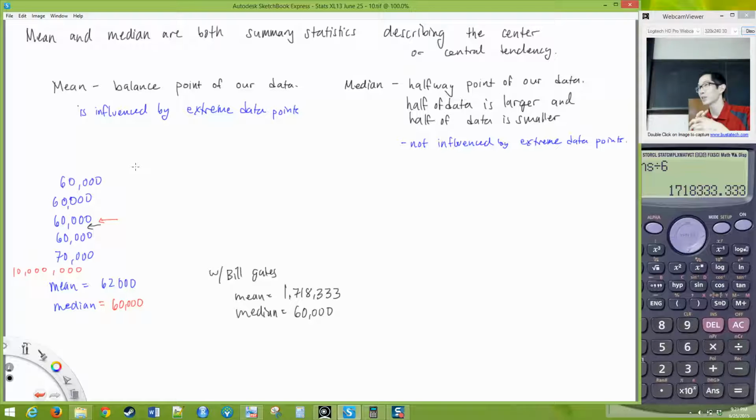Should we say we get everybody a 60,000 income policy, or do we need to do something bigger than that? Probably bigger, right? Because if we lose Bill Gates, then that's a huge loss, and to just say the average was 60, we would be missing out. Okay, so depending on the situation, you may or may not want